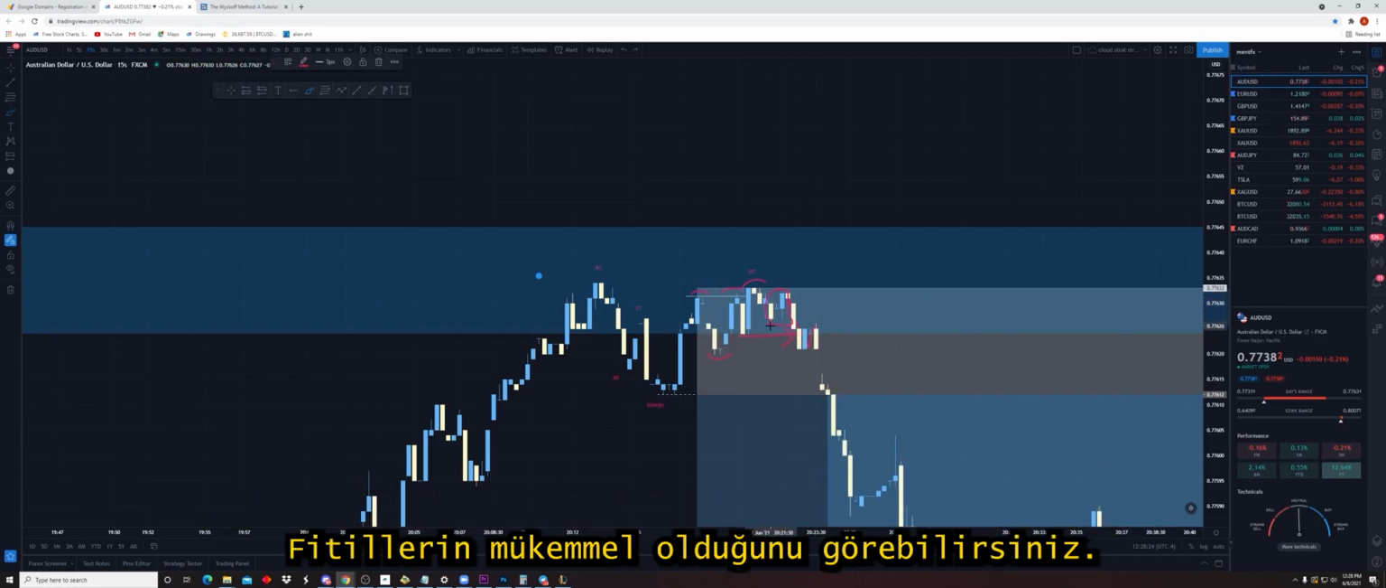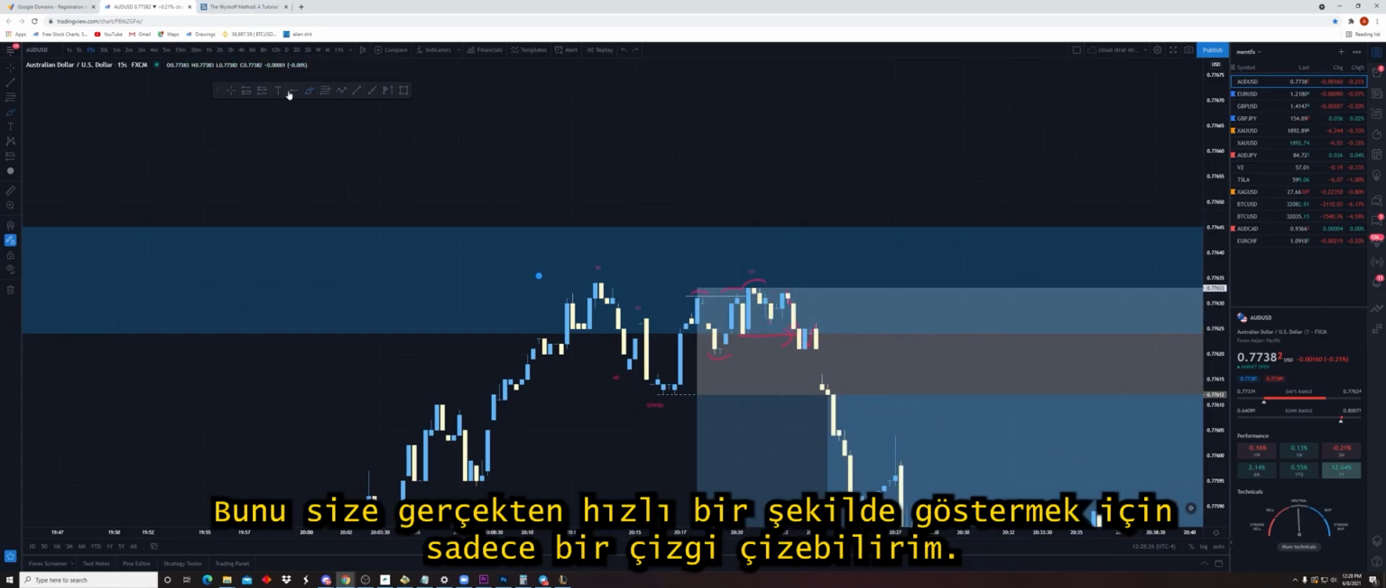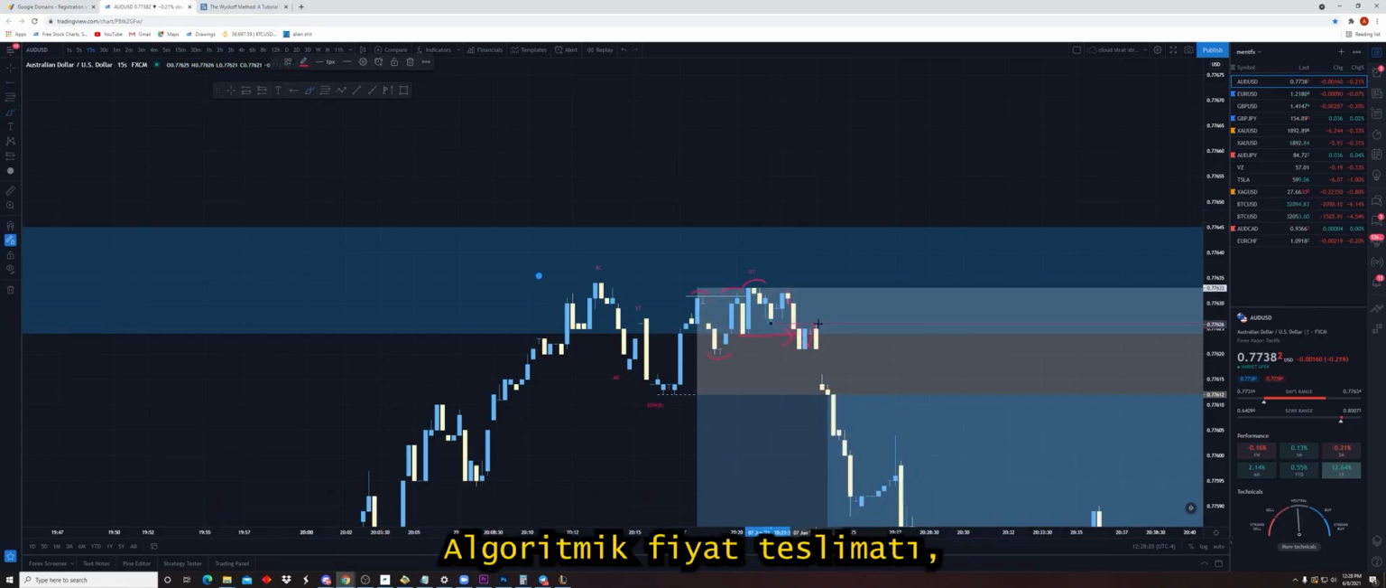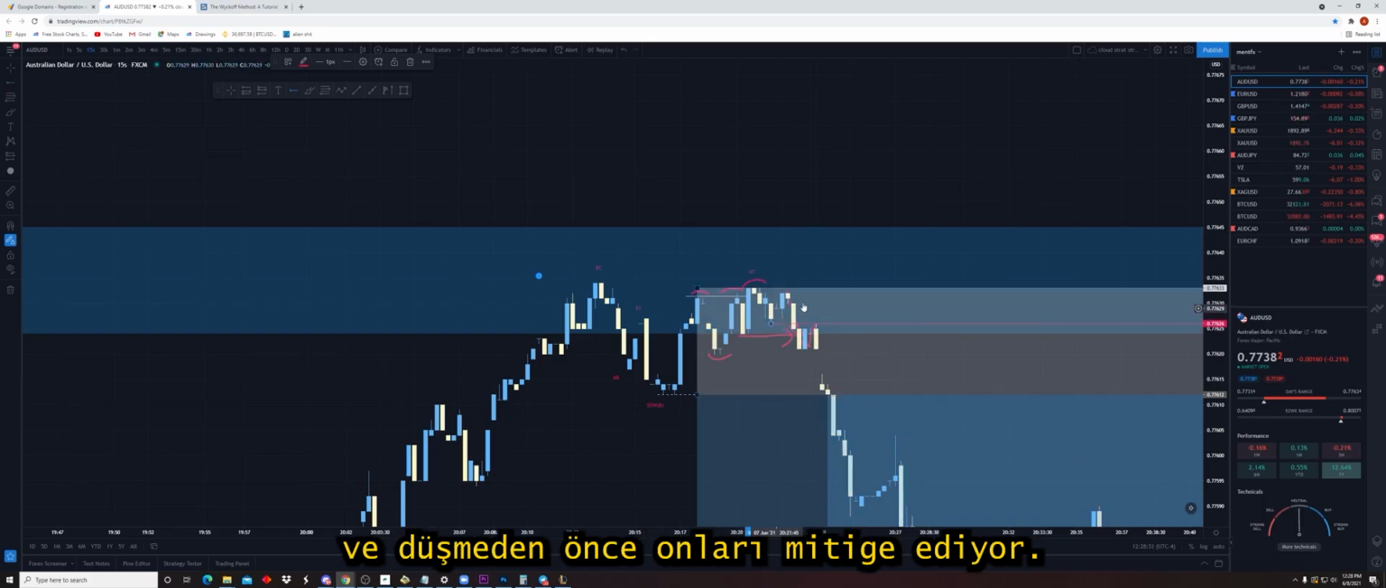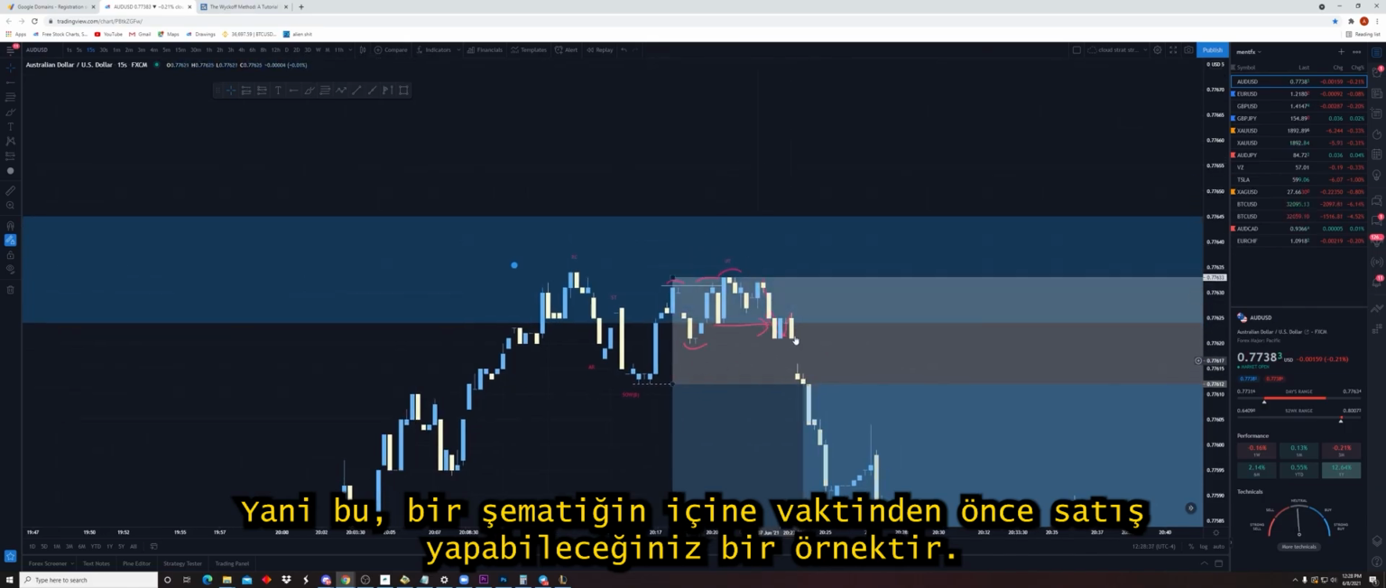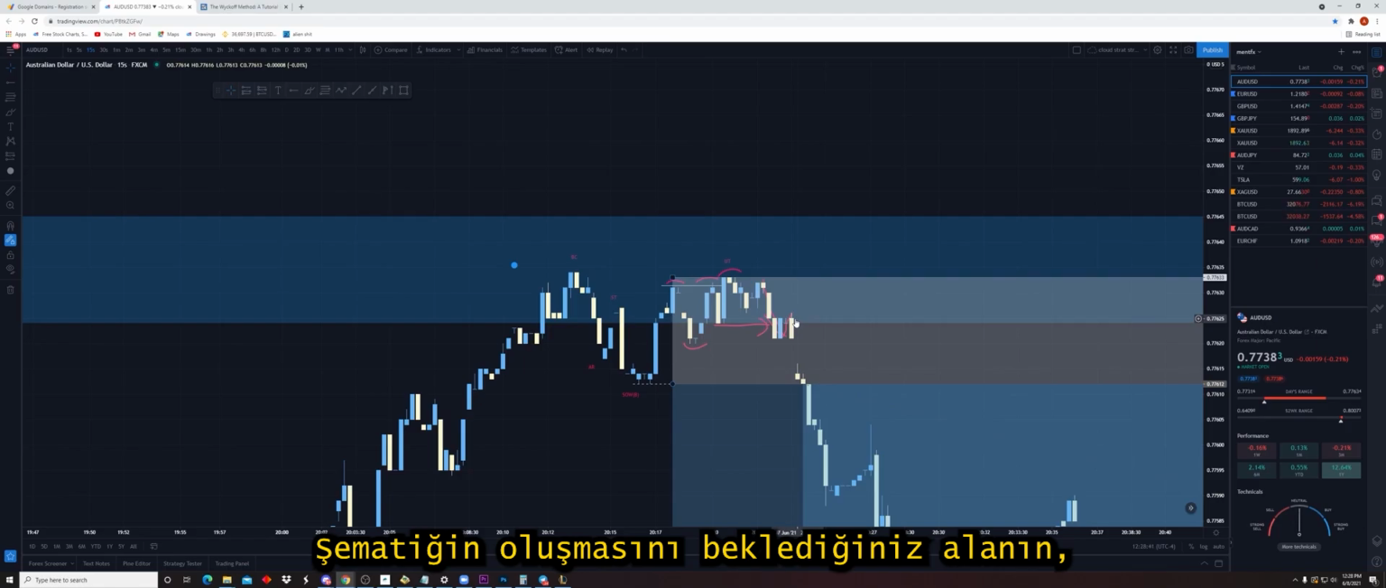That's the MentFX block. The last up move, you can see the wicks are perfect. I can just draw a line for you to show you that really quickly. There you have it. Algorithmic price delivery, testing the last possible areas of orders and mitigating them before dropping lower. So that's an example of where you could be selling prematurely into a schematic,